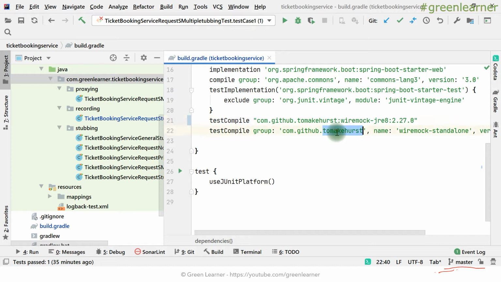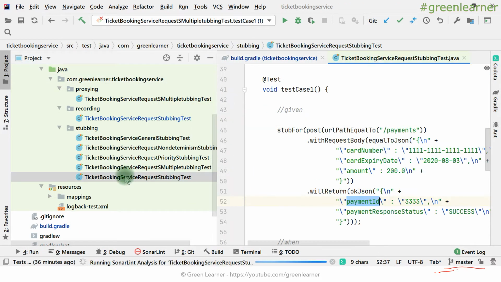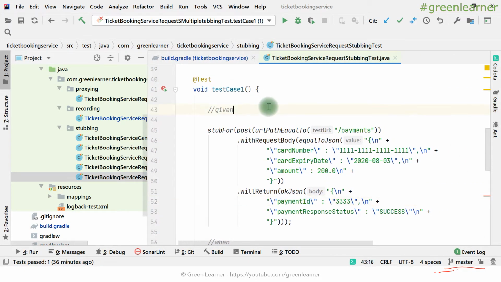When I was trying, WireMock standalone was not able to do something with the exception testing and other normal mocking. So it is better to keep both dependencies if we want to do both things. There is no problem because it is there for test purposes only. Now coming to the demo part, we are not going to write all the tests; we are going to make use of the existing test that I already have.